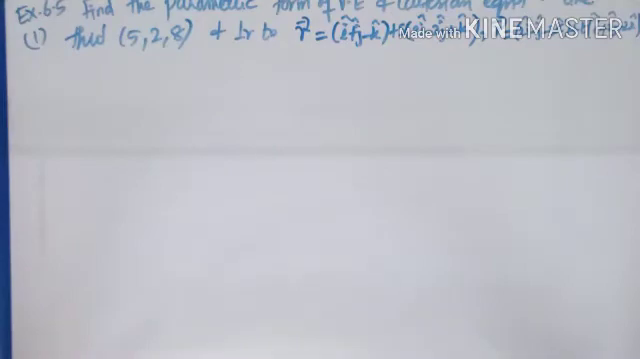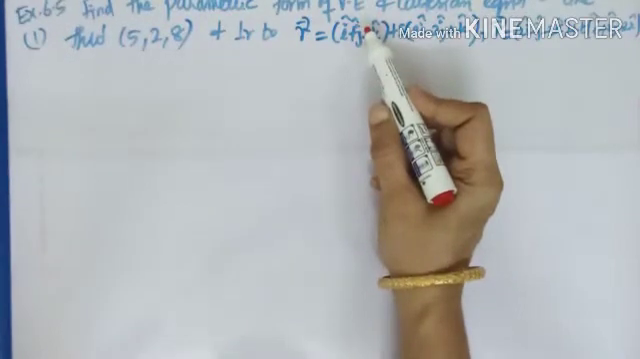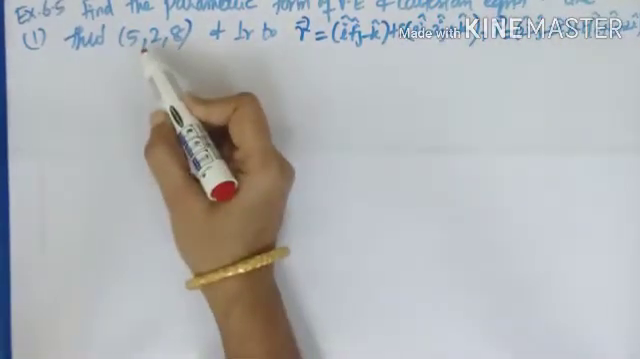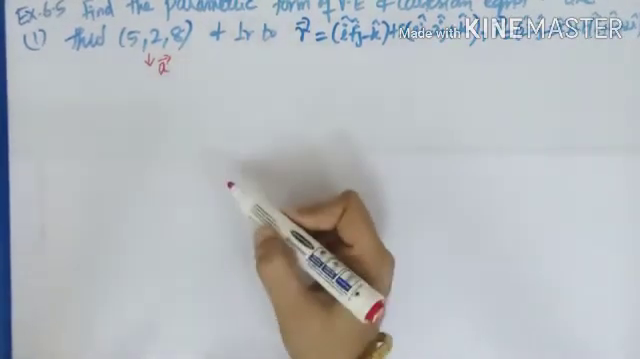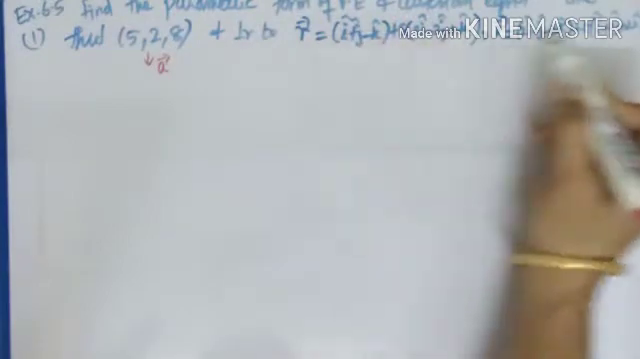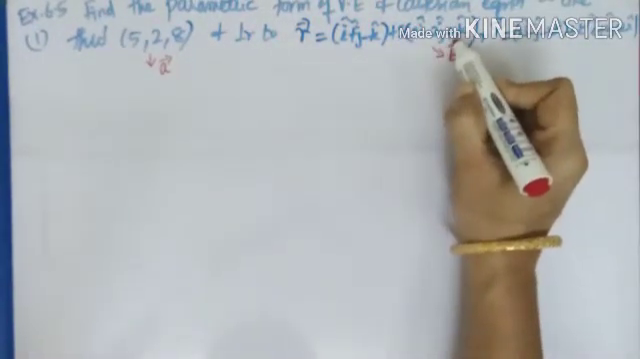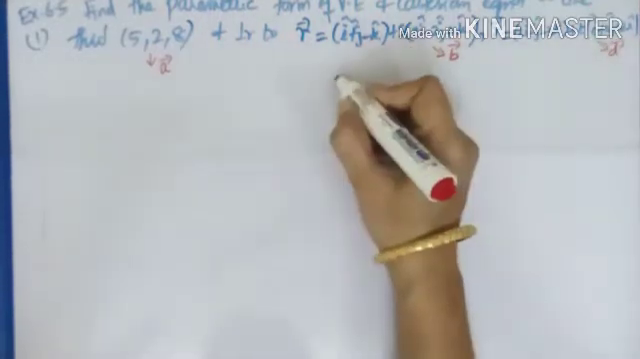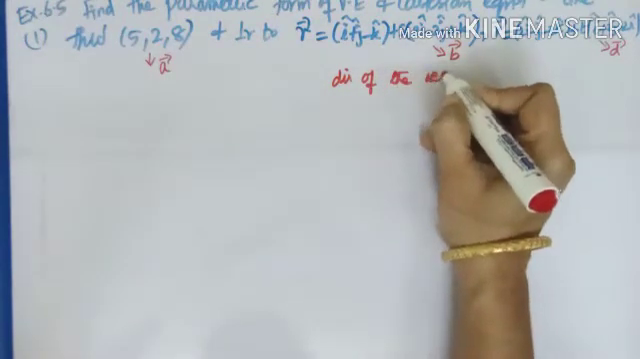Exercise 6.5, question number 1. We need to find the parametric form of vector equation and Cartesian equation of a line through this point, which I will treat as A vector, and perpendicular to the two lines given. Call this direction as B and this direction as D. Direction of the required line will be